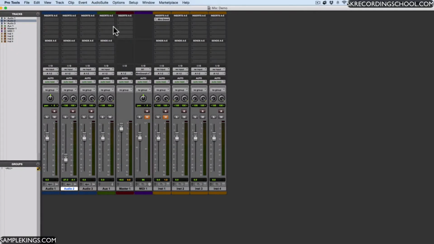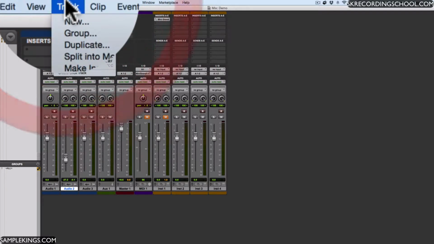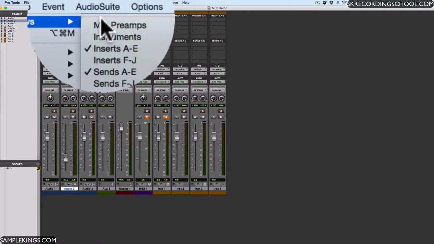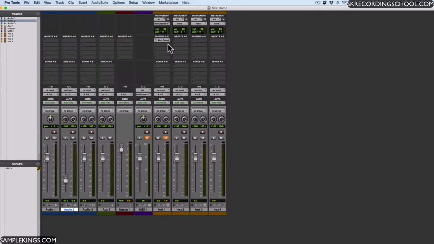So you can build your tracks up in your session for your mixer. I can build this up, get the view I want to see. Let's go back here to view again. And I want to see the instruments. Here's the instruments right here, right? I get a better view. I may also want to see